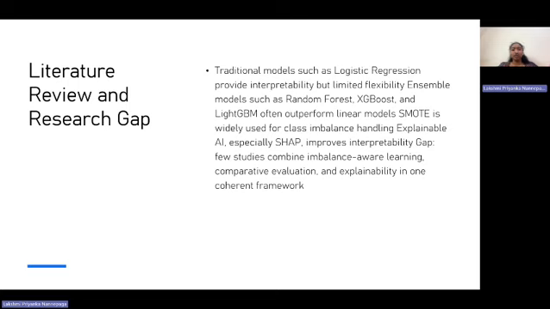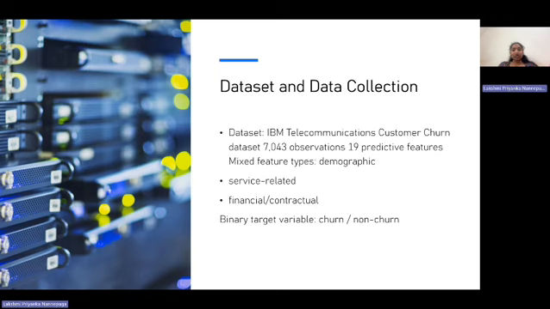At the same time, many studies mention imbalance but still rely too much on accuracy, and interpretability is often treated as an add-on rather than a core design element. This creates the research gap: few studies address class imbalance handling, comparative modeling, and explainable AI within one integrated framework.